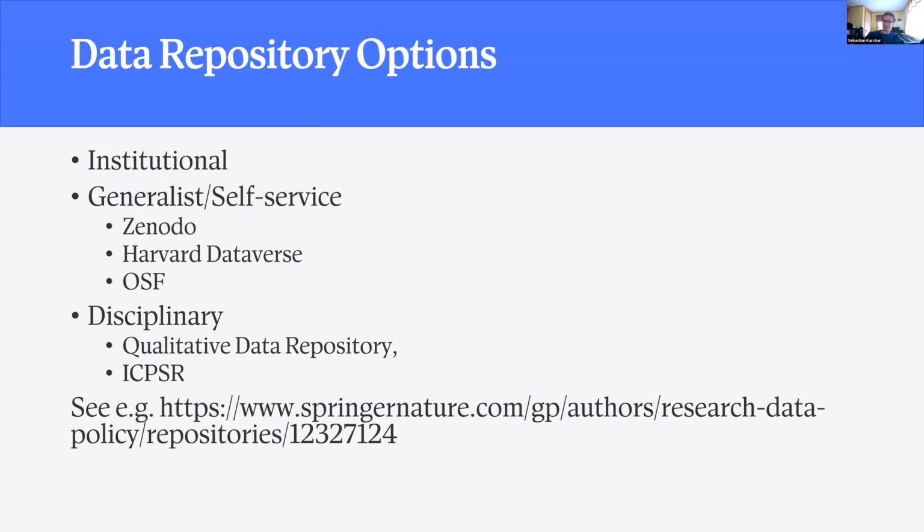If you want to share data, there are a bunch of options. There are generalist repositories where you can typically just go and put up your data, press a button, and it's immediately published. And then there are disciplinary repositories like QDR or ICPSR that provide more services, give you more advice, and curate your data, but there's typically some sort of cost involved, either for the person depositing the data or downloading the data. Although one of the ways we do this at QDR is with membership agreements, so it's typically free for you as an SU